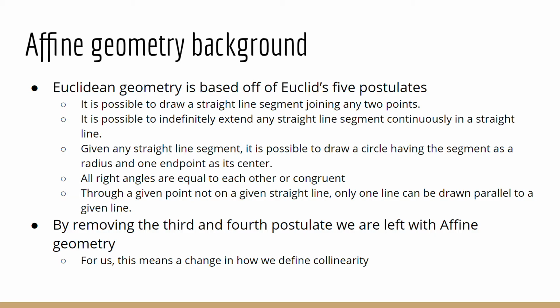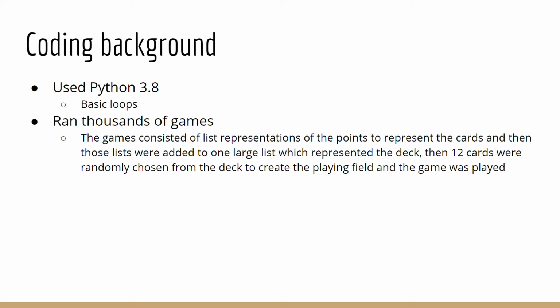And Euclidean geometry is really just based off of Euclid's 5 postulates. So now we get affine geometry by removing the 3rd and the 4th postulate. And for us, what this is very important for is that it changes what collinearity looks like. Things that are not collinear in Euclidean geometry are now collinear in affine geometry,